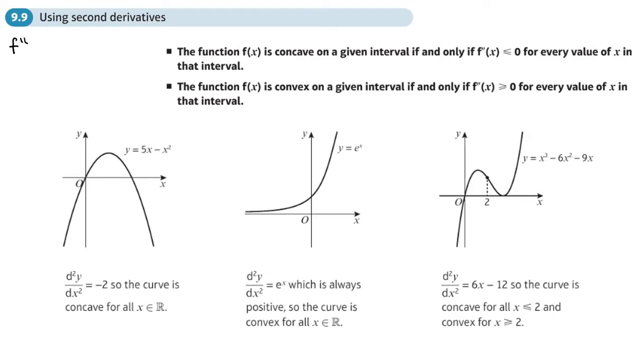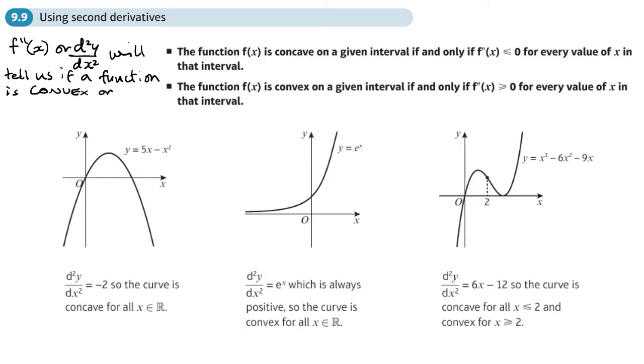derivative. So the second derivative is either f double dash of x or d squared y over dx squared. So it can be written either way. And once we've calculated that, that will tell us if a function is convex or concave. And what we're looking for is what's the value of this second derivative for particular values of